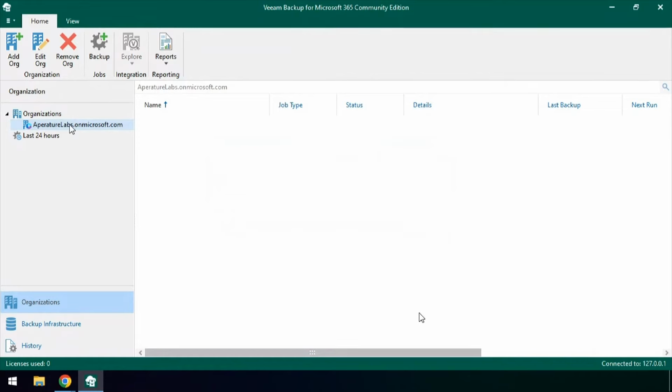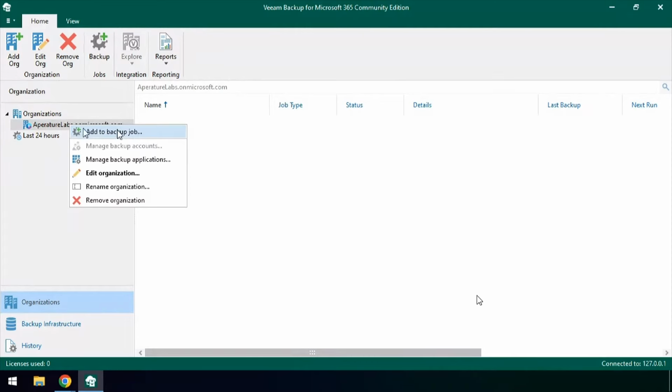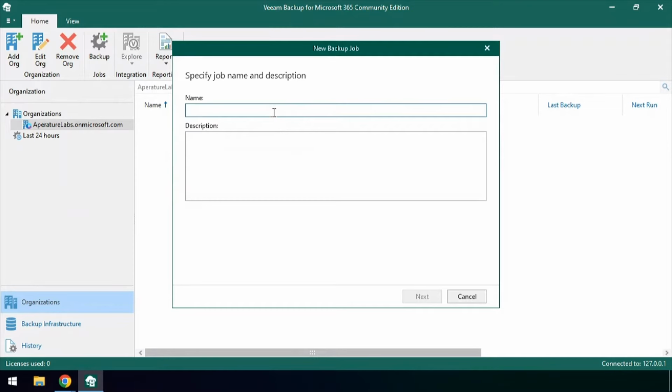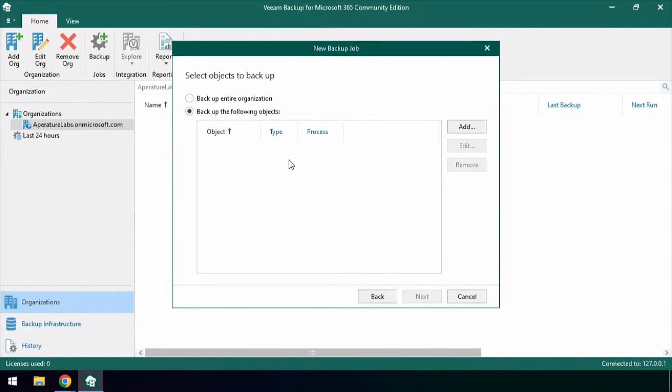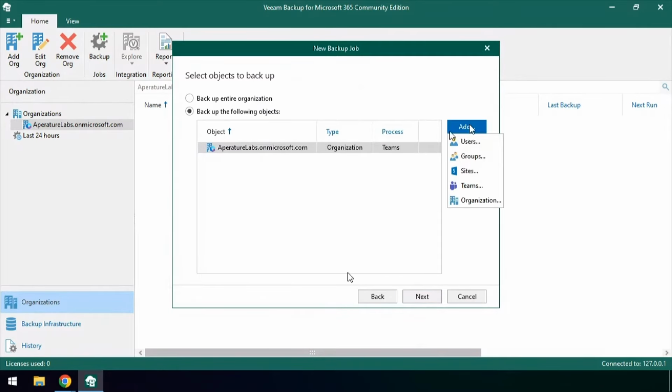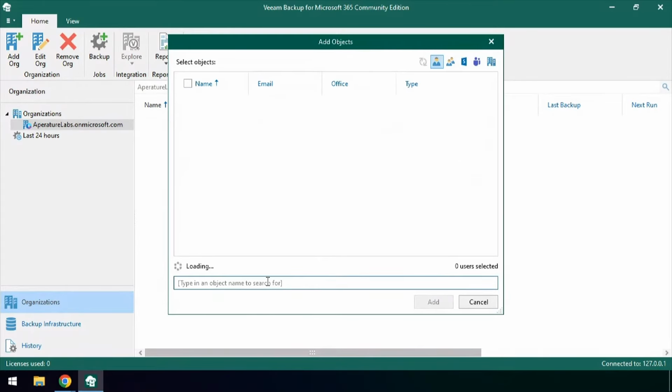And we'll do that by clicking on the organization and hitting backup at the top. You can also right click on your organization, hit backup job here or on the white area and select add backup job. We'll go ahead and name the job and then create the scope. You can select your entire organization to back up based off of individual users, groups, sites, teams. And if you do want to back up the entire organization, but maybe just the organizational teams within this job, you can also do that here, as well as add individual users